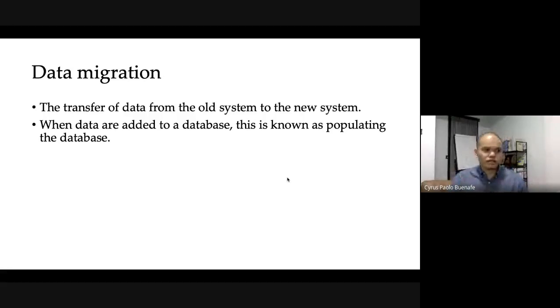Now, if you're dealing with a completely fresh new system, meaning nobody is going to change an existing system, I mean, it's completely new, you're not making any upgrades or updates or anything of that sort, perhaps data migration is not an issue. But more often than not, when you are implementing a new system, it is possible that the old way of doing things would be there. So having to consider how you make use of the old data in the new system, that is a very important issue that has to be addressed.